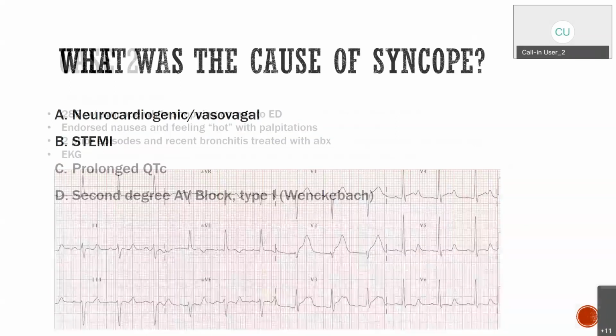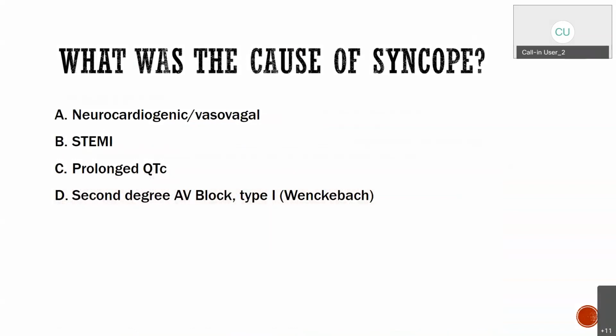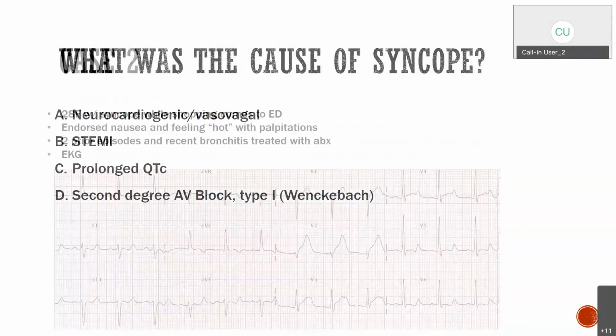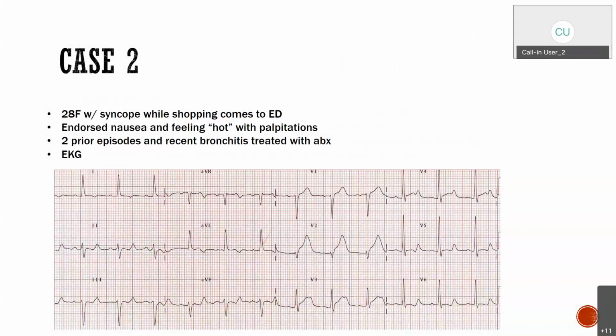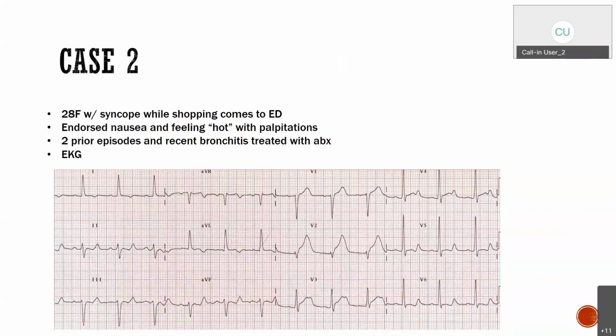So yeah, I agree that V2 is possibly slightly elevated. V3 might be elevated, and checking your troponin wouldn't be wrong. So being cautious about that is important. I like the neurocardiogenic. The vasovagal is definitely concerning because of the fact that she has these symptoms. The prodrome is there, and definitely that it's happening while shopping. But at the same time, like we talked about, we don't want to miss something that might be more cardiac or more acute. And in this case, the concern was really about the prolonged QT, which I want to